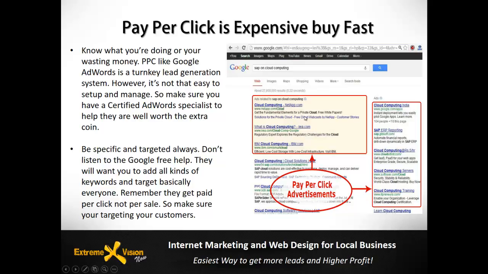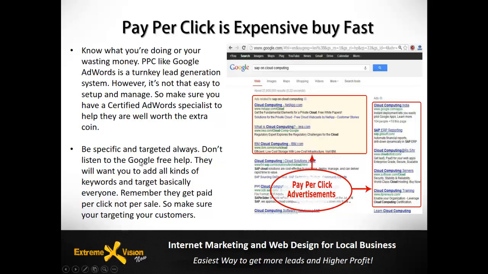It is very complicated, I do have to say. I do recommend that everybody hires an AdWords specialist or somebody like that. I've seen companies do this themselves. You can get some results from it, but you're going to be paying a lot more money. If you want to focus on return on investment, then I recommend hiring a professional. You're going to get way more return on investment, and it's going to be way more valuable for your company just to hire somebody than to try to do it yourself and be wasting money. So I always recommend that.